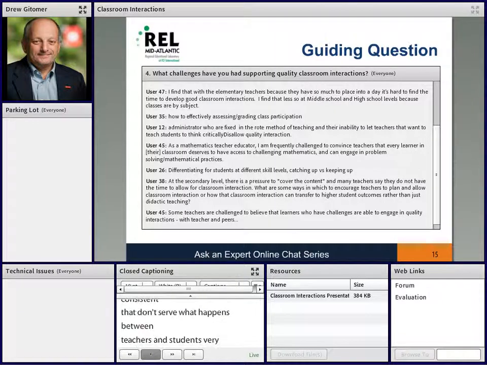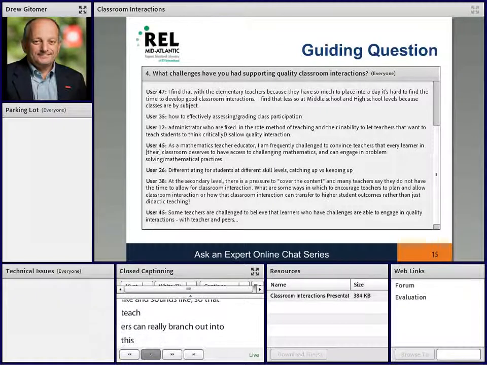Yeah, and that speaks a little bit to some of the comments I'm seeing here from Will and Lorna and Marlon. I see a common theme that our expectations need to change. So as educators, but all throughout the system, students, parents, administrators, we all need to change this expectation of what we think teaching looks like and feels like and sounds like, so that teachers can really branch out into this more rich